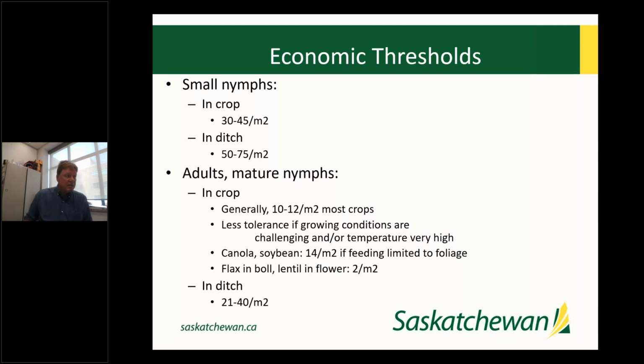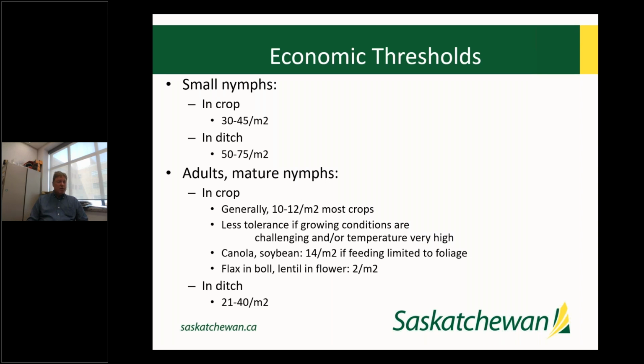For adults, this is going to vary by crop. So generally 10 to 12 per square meter. You do see recommendations of 8 to 10. So look at 10 per square meter as a good general guideline. There's going to be less tolerance if growing conditions are challenging, so the pest's impact is going to have more of a damaging effect on that plant. And that needs to be gauged case by case. But generally 10 per square meter under most growing conditions